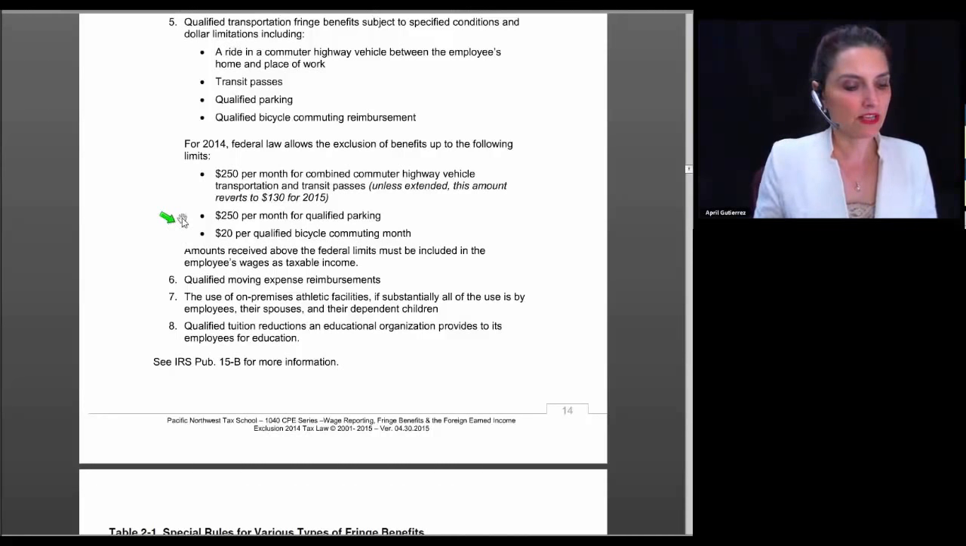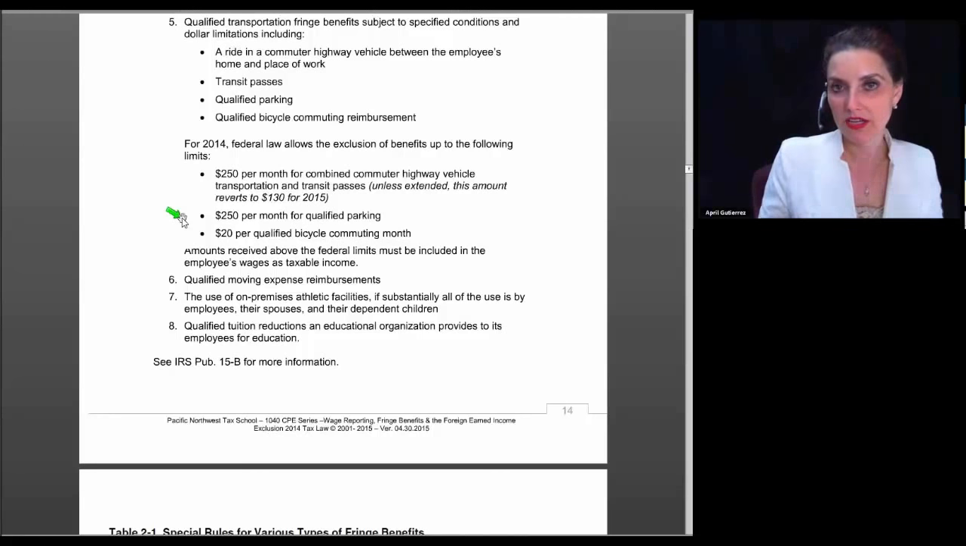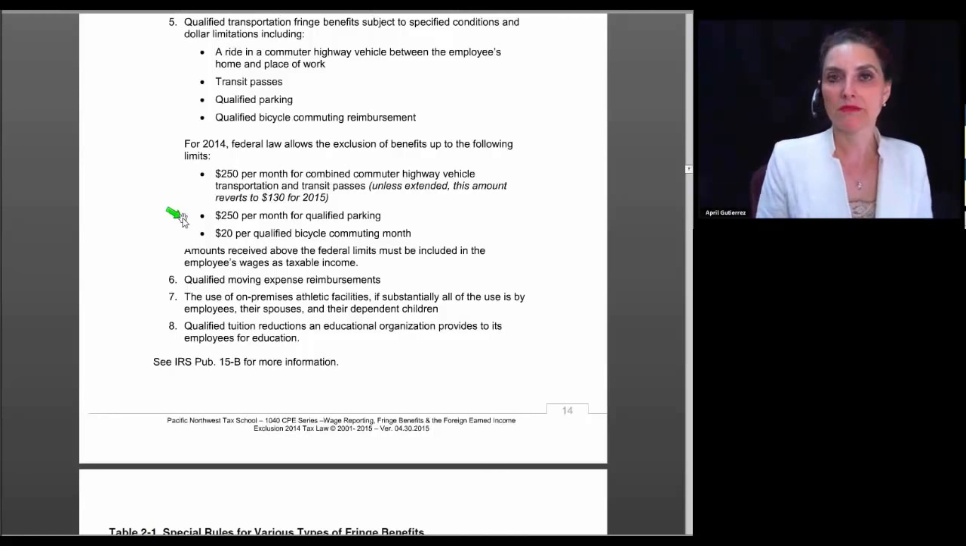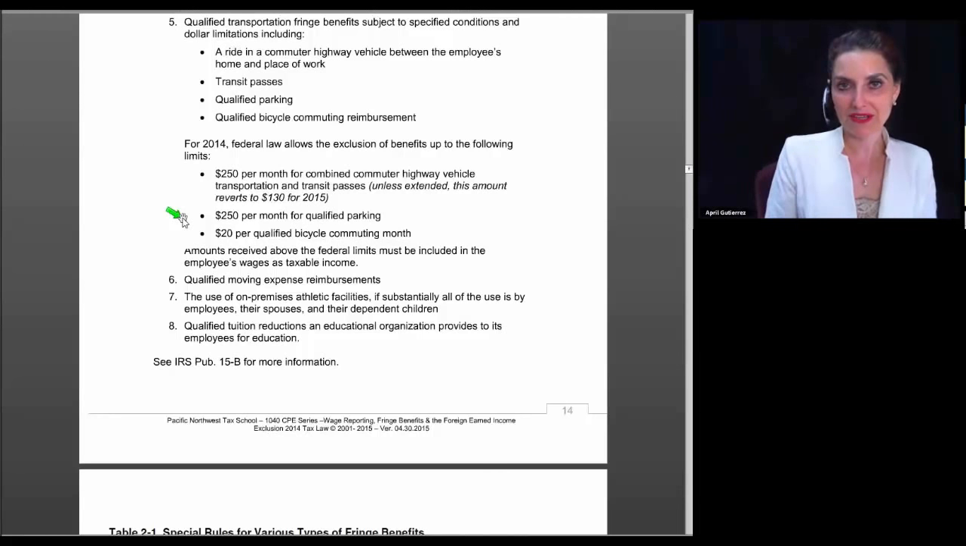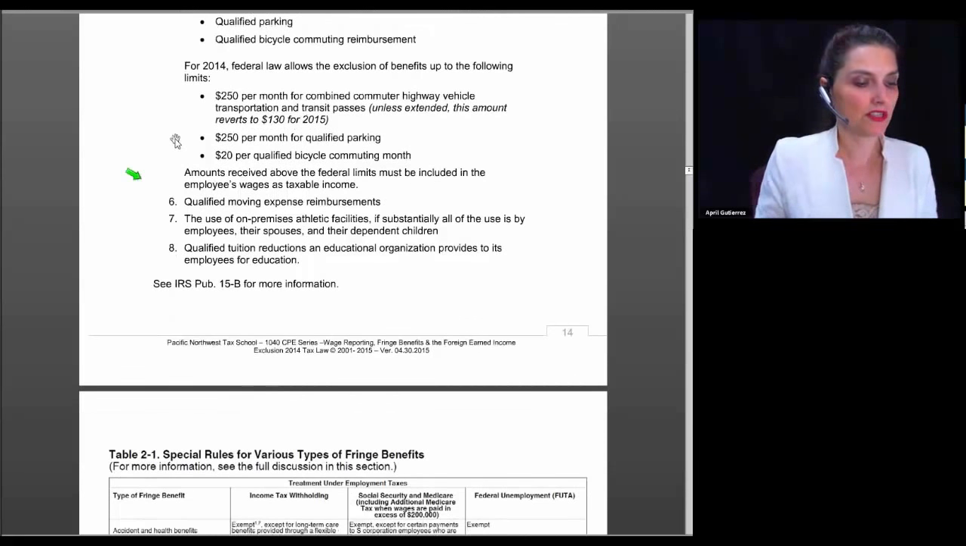So an employer can actually pay up to $250 a month for an employee to park. However, what's interesting is that an employee is not allowed to deduct their parking expenses if they have to pay for parking, but the employer can give them up to $250 of free parking each month. So let's just say an employer pays $500 a month for an employee's parking. The first $250 can be excluded from wages, but the additional $250 per month would be grossed up on the